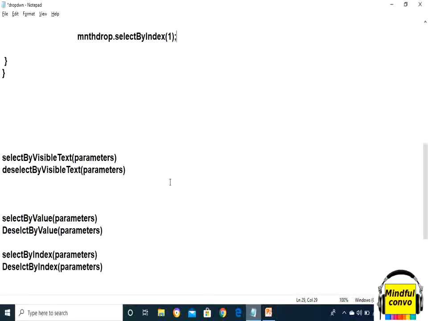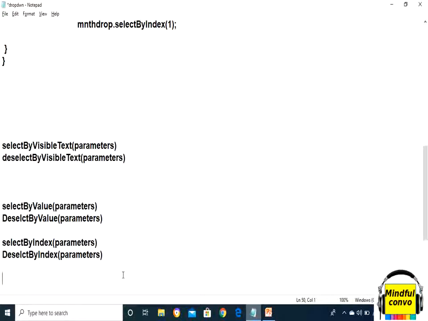Now our next method is isMultiple. It returns the boolean value true if the drop down allows multiple values to be selected, and false if the drop down does not allow multiple values to be selected.